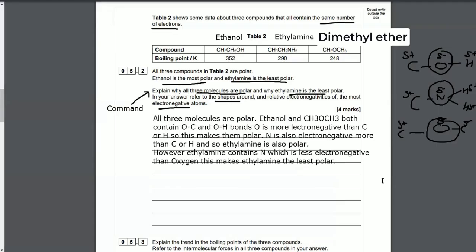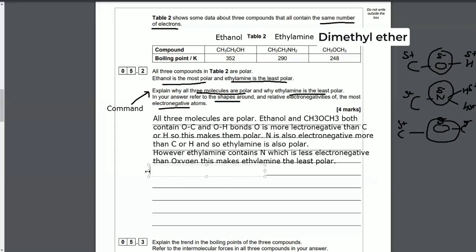The difference between the electronegativity of nitrogen and carbon and hydrogen is less than the difference in electronegativity between oxygen and carbon and hydrogen. So we've covered 2 of the marks here, and we've explained why ethylamine is the least polar. We've explained why all the molecules are polar, but also something else to talk about with the polarity is